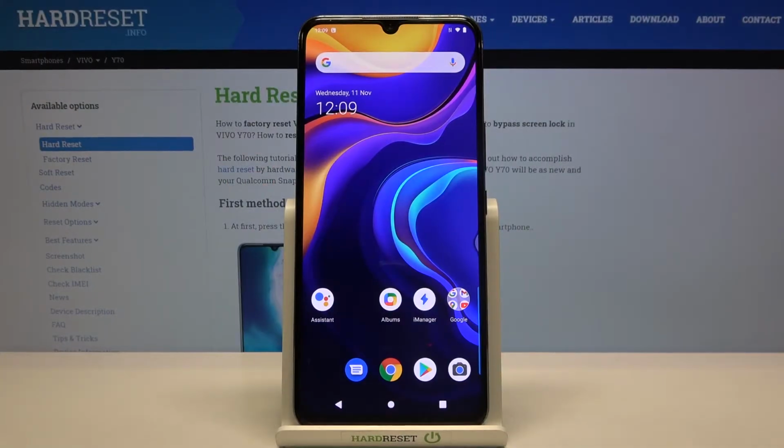Welcome, here I've got VIVO Y70 and I'm gonna show you how to turn on and off the camera location